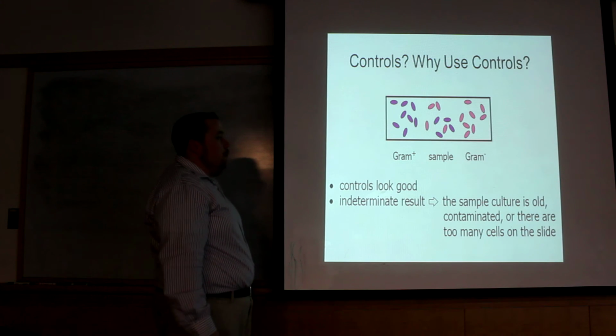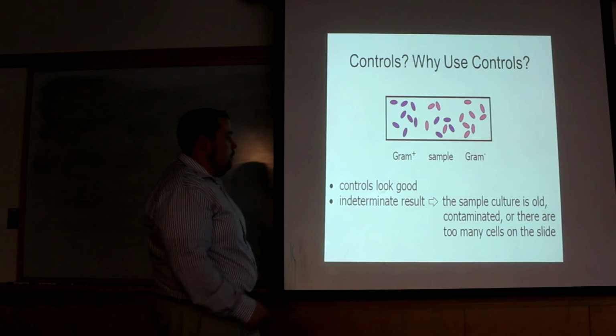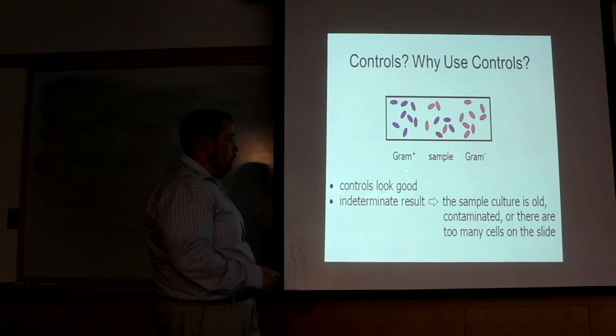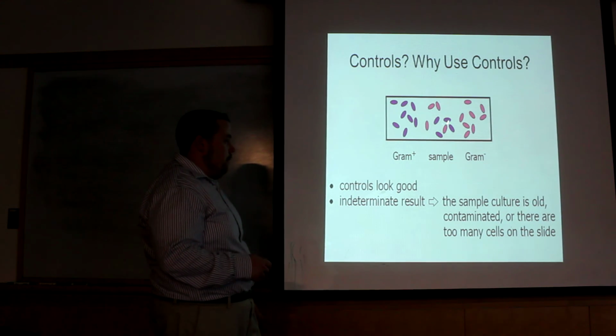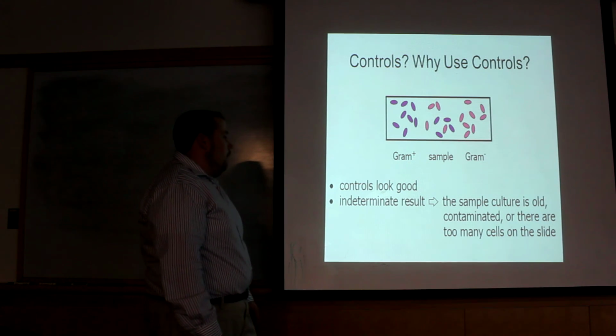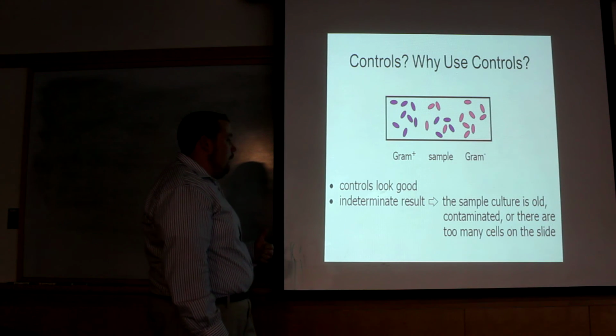Now this is an example of what you would expect if something correct is happening. So you have a gram-positive control that's great. Your gram-negative cells are pink, as they should be, and your sample has intermediate coloring. So from this, you can assess that this is probably a good